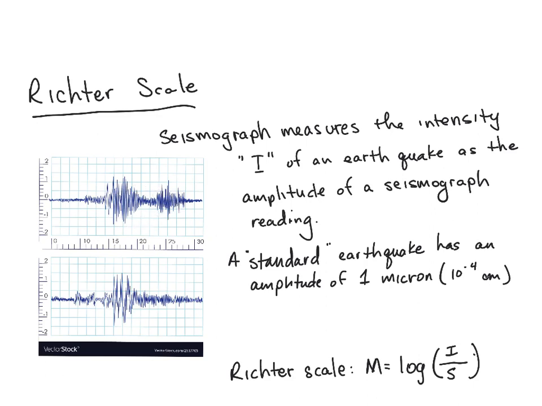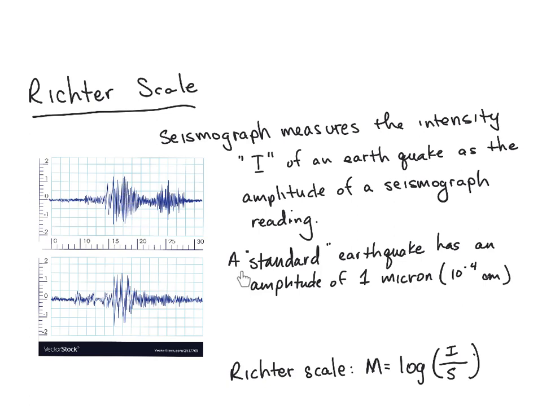And amplitude is the measurement from the midline to the peak. So the midline to the peak is amplitude. And so that's what is considered the intensity of the earthquake, is this amplitude measurement from the midline to the